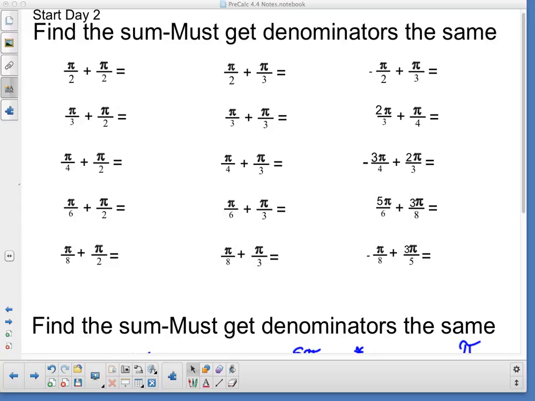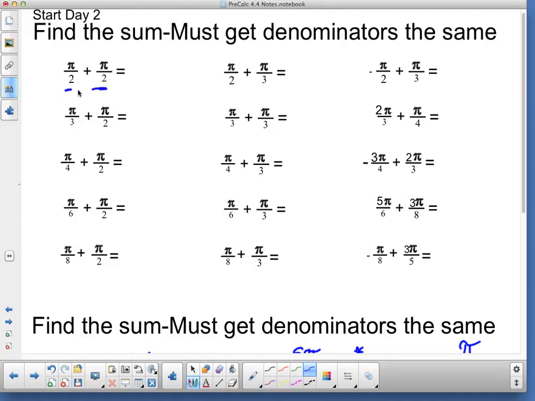What we started with on day 2 was the fact that we need to learn how to work with the denominators and combining fractions. And you have to have like denominators here. I've got like denominators here, so it's just going to be 2 pi, because that's 1 plus 1 over 2, which is just pi. And that makes sense because I've got a half, and it adds up to be a